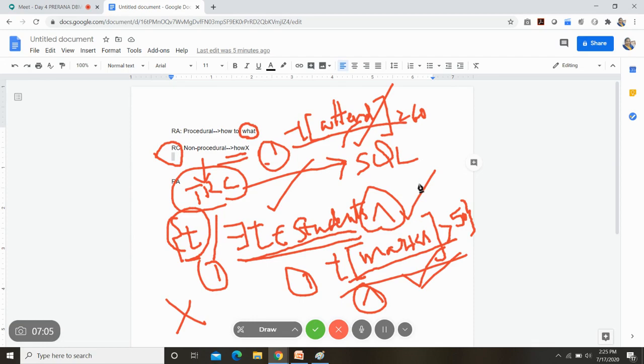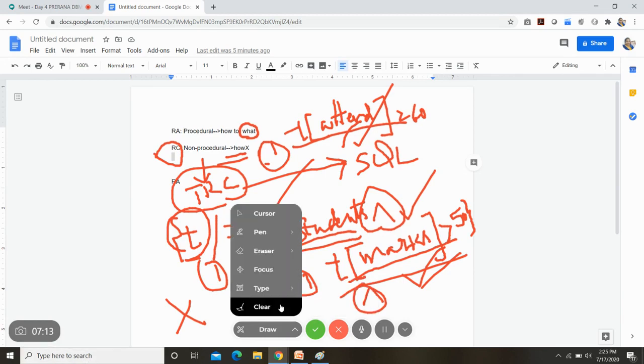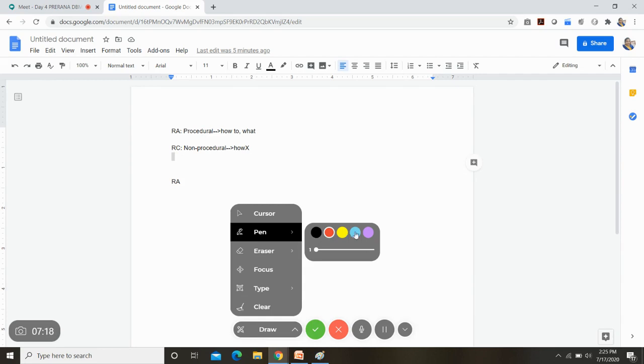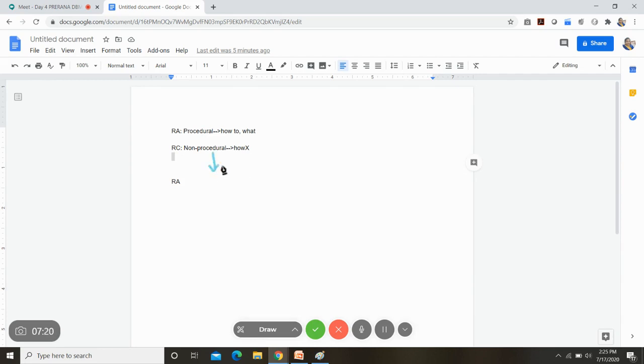Similarly, you have the domain relational calculus. So in domain relational calculus, as I told you, on what do we focus in a DRC statement? We focus on the attributes.